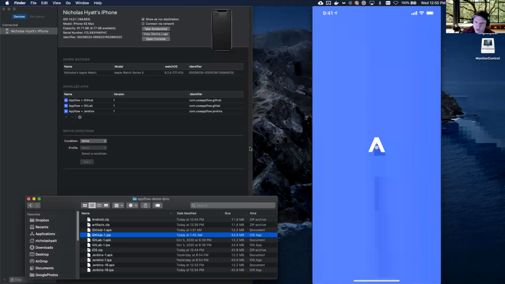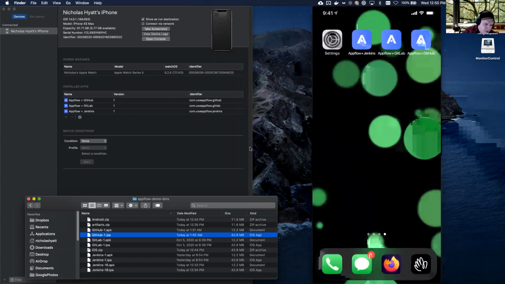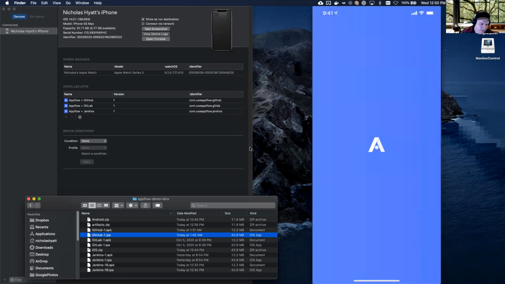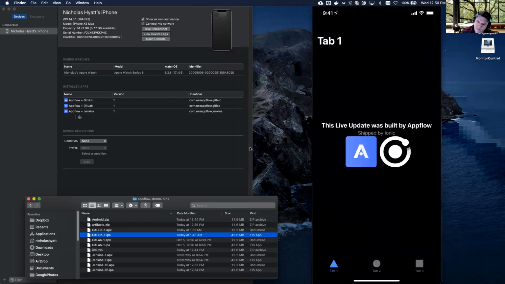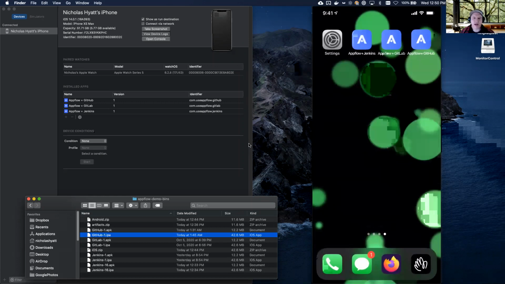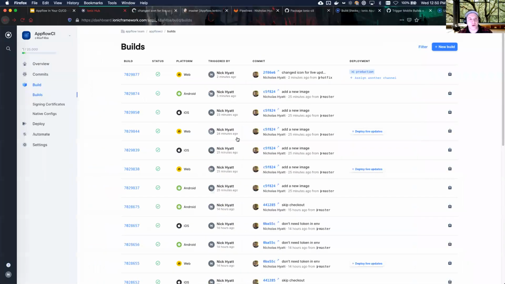This is the GitLab one. No longer will they have any of their icons, but they've all been updated to use the new UI. And there you go. One final thing I want to call out is that I didn't go through today what